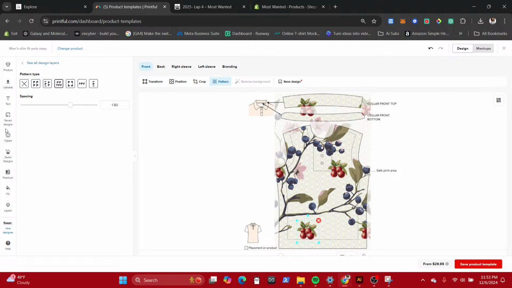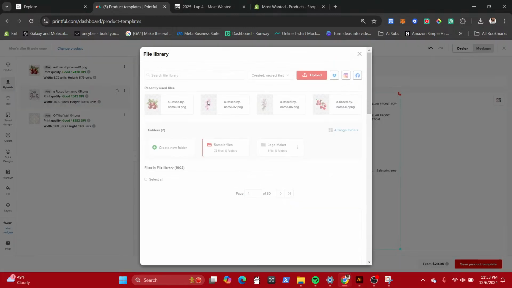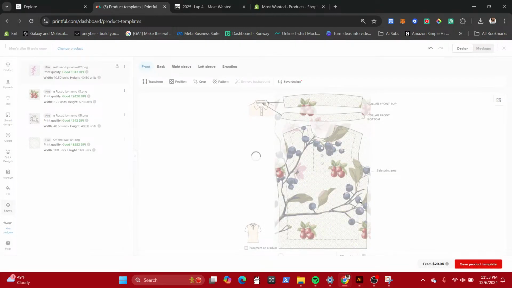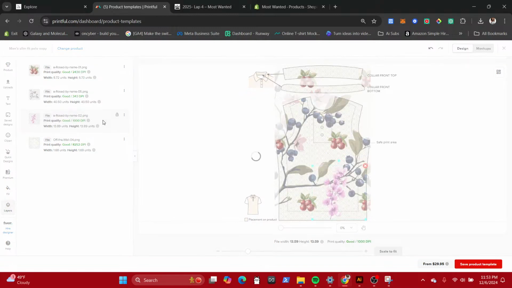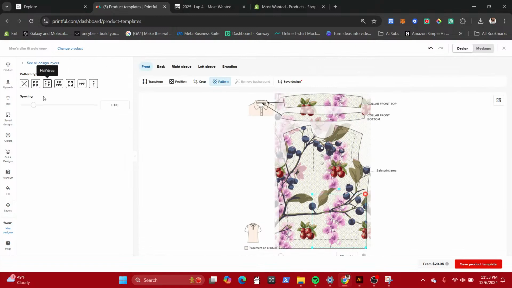We're gonna actually spread that out on all. No, before we do that, we're gonna keep going because I can only do 5, I believe, or 6 per layer. We're gonna bring this to the back though. Do a pattern on that. Spread that out.